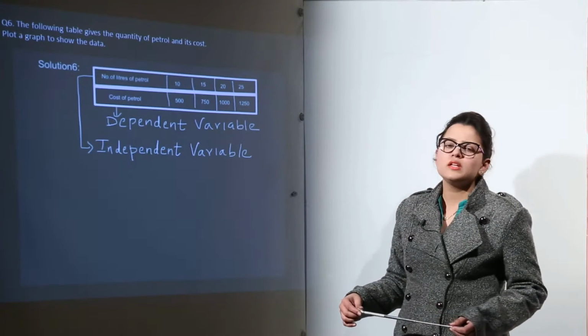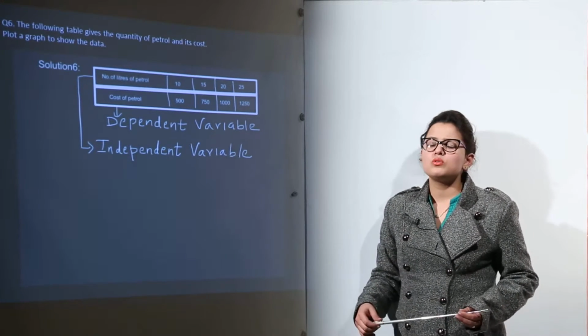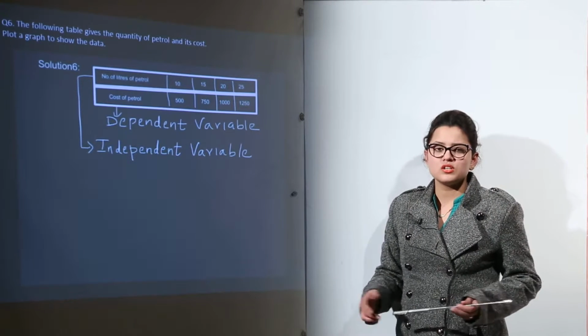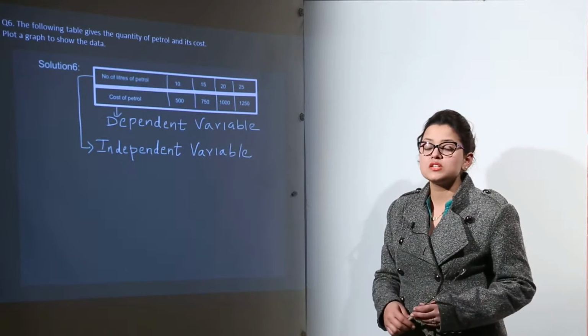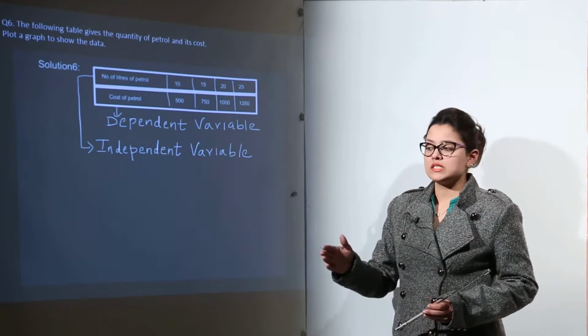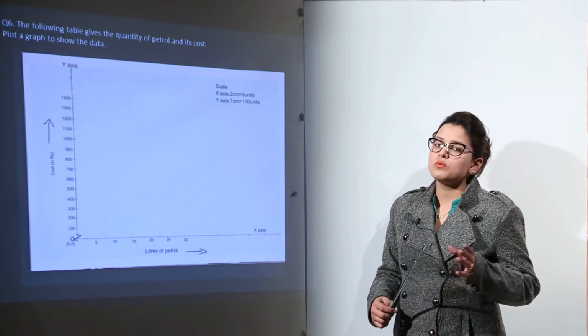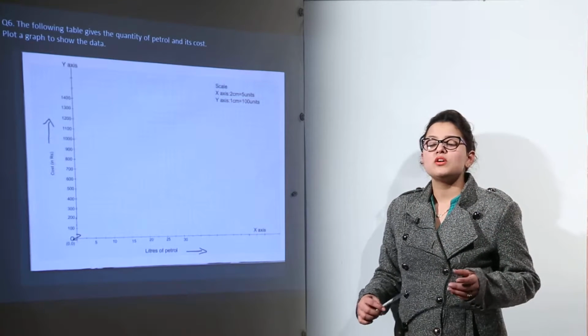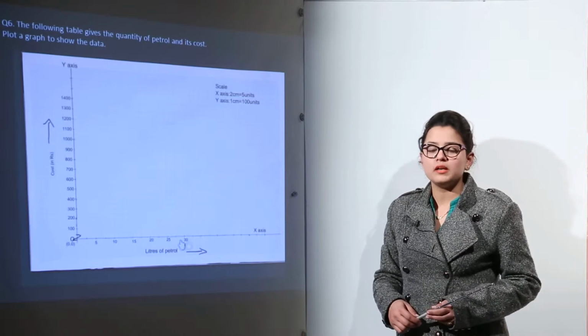You can have so many other examples also. Say you are going to some market, you want to go to some destination and you decide your destination based on your distance from your home. So your distance from your home becomes your independent variable, whereas your place of choice becomes your dependent variable.